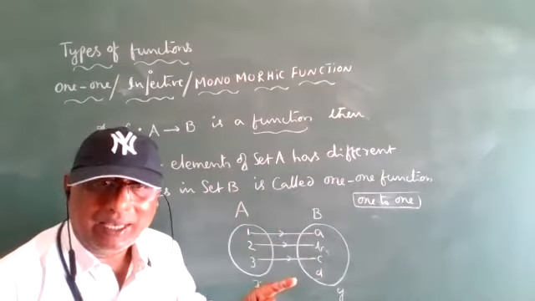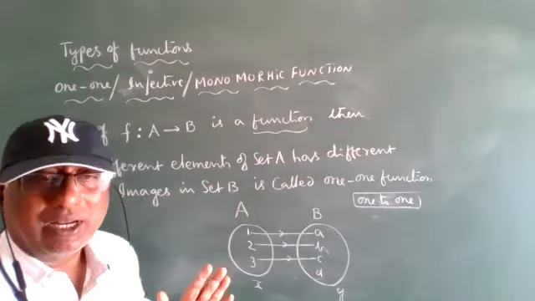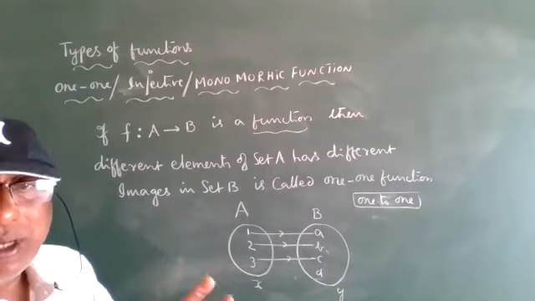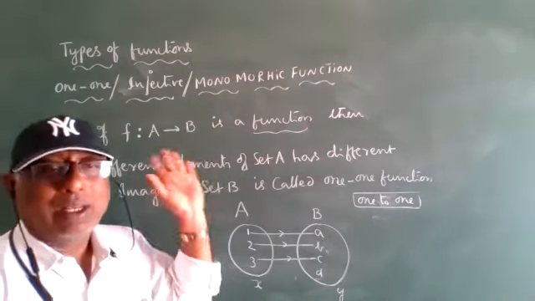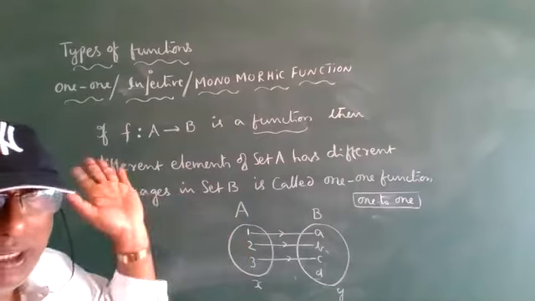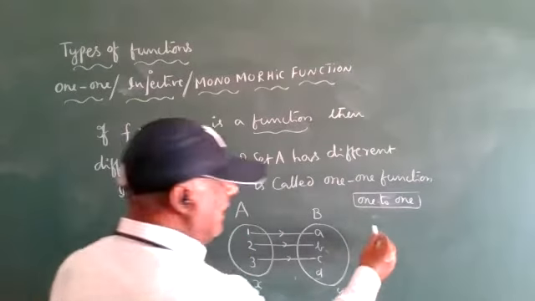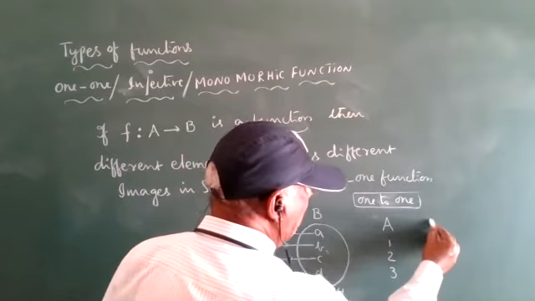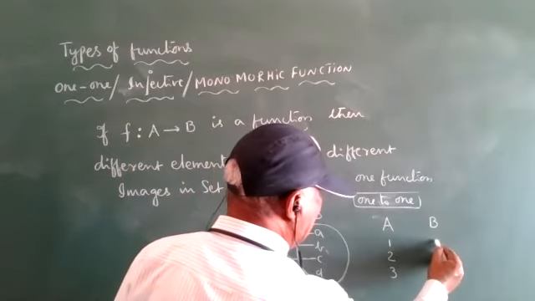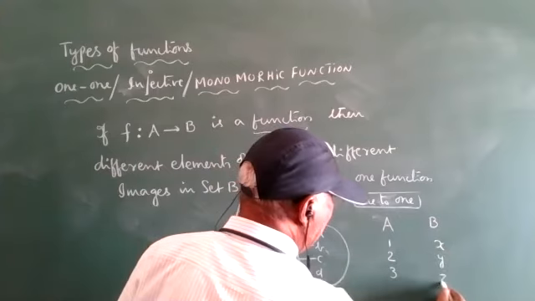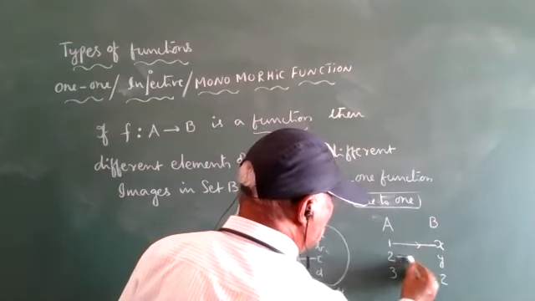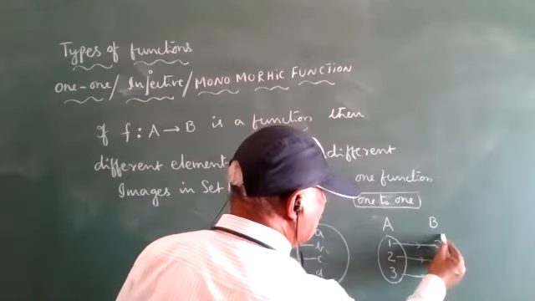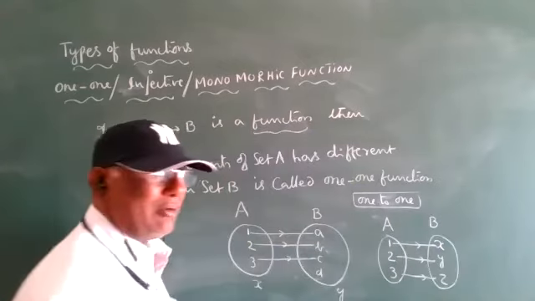Easy for remembering is 1-to-1 relation. One element, one image. This is the simple 1-to-1 image. Okay? So, sir, I will write like this one, sir. Is it correct? 1, 2, 3, and B set is X, Y, Z. So 1 has image X, 2 has image Y, 3 has image Z. Yes, this is also correct. So this is also a 1-1 function.